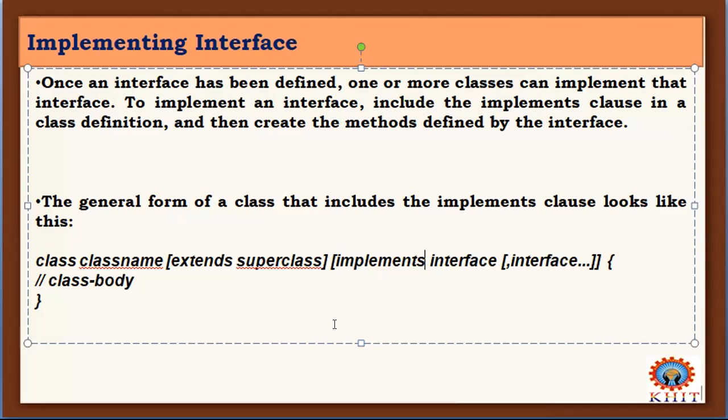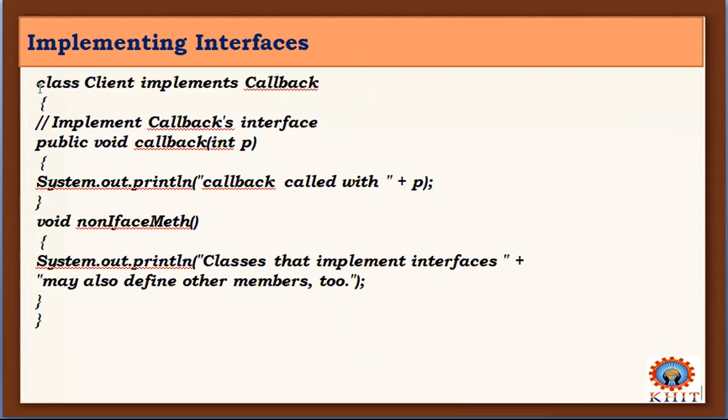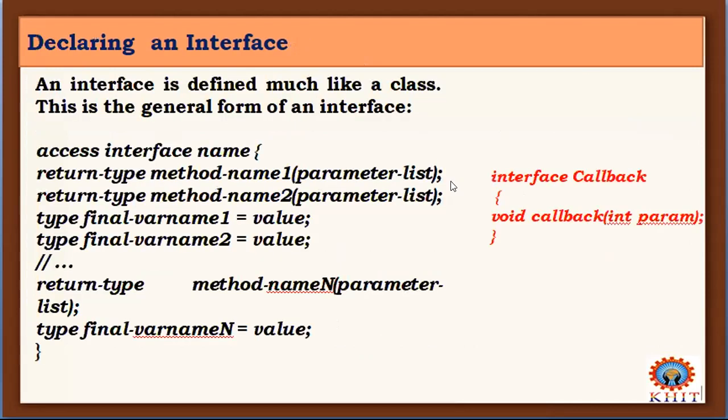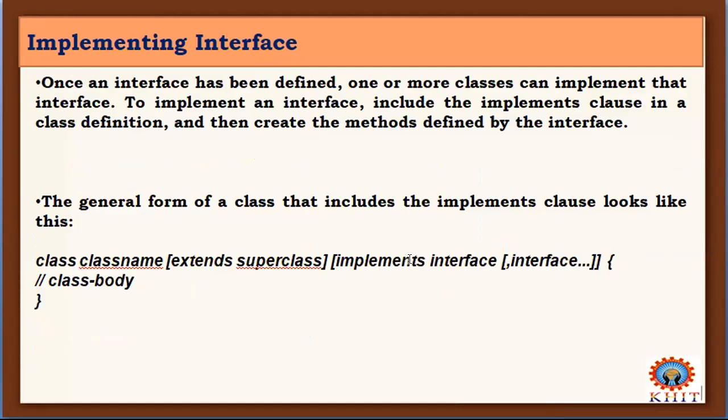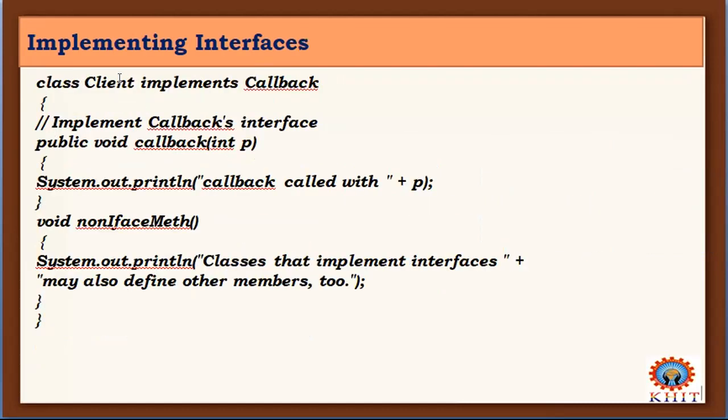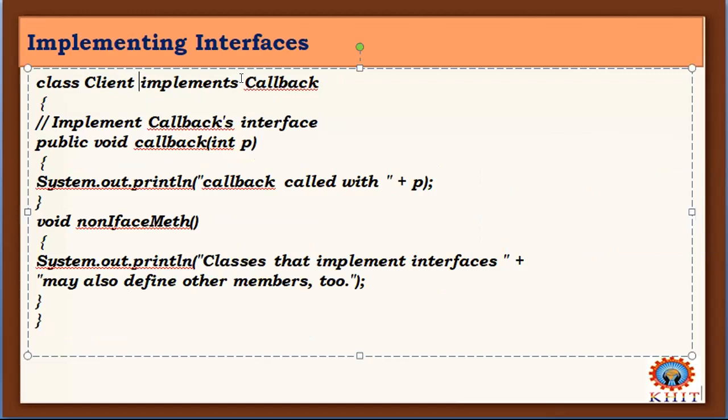Right, so a small example here. So already in this slide, I am giving an interface which is called callback. So I am writing an interface. The name of the interface is callback. Then in that I am writing a method called callback where I am passing some parameters. But this method doesn't have any body. Okay, now I am writing a class. See, class name is client. Client implements callback. What is this callback?